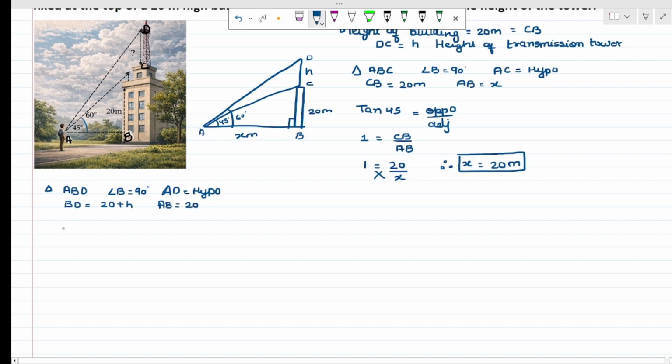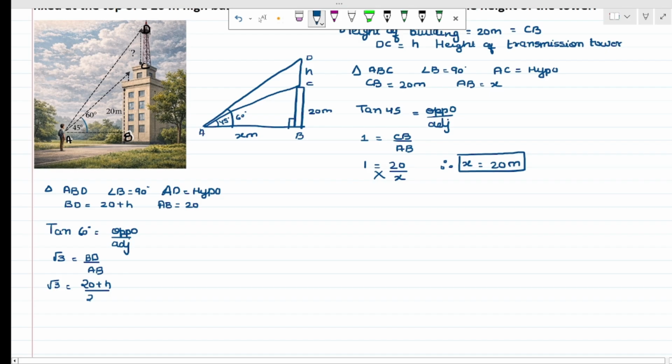So which formula should I take for opposite upon adjacent? Again tan. So right over here, tan 60 degree will be equal to opposite upon adjacent. As we studied earlier, tan 60 equals root 3. So root 3 will be equal to BD upon AB. What is my BD? My BD is 20 plus H. So right over here, 20 plus H upon